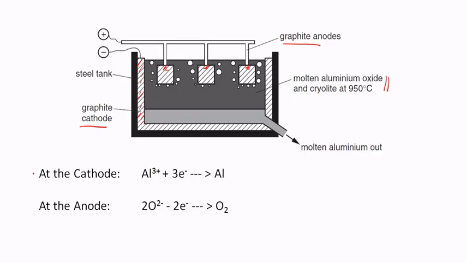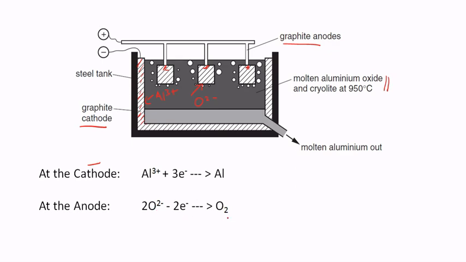Now you need to know the two reactions taking place. So at the cathode, remember the cathode is negatively charged, so therefore the Al3+ ions are going to move towards the cathode, and the reaction taking place would be Al3+ + 3 electrons produces aluminium. At the anode now, remember, we have O2-. These are going to move towards the anode, and the reaction taking place is 2 O2- minus 4 electrons produces